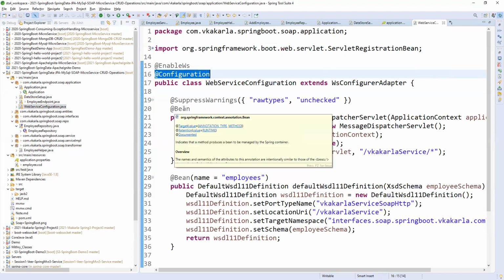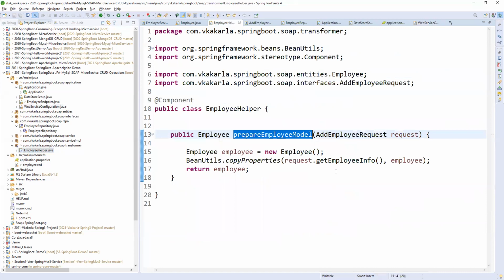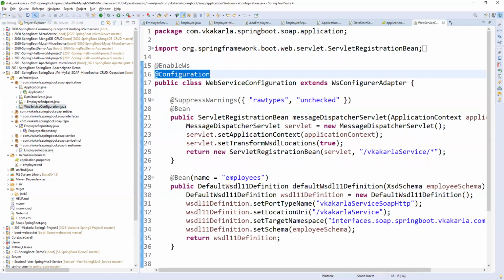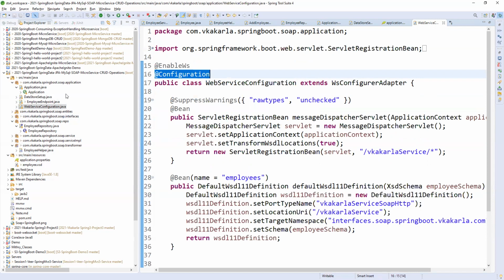So if it is a normal helper class, you can give the component. So if you see employee helper here, employee helper here, you can give the component. If normal configuration files, it is recommended to give the configuration. So configuration. Fine. Now this is the servlet registration bean.